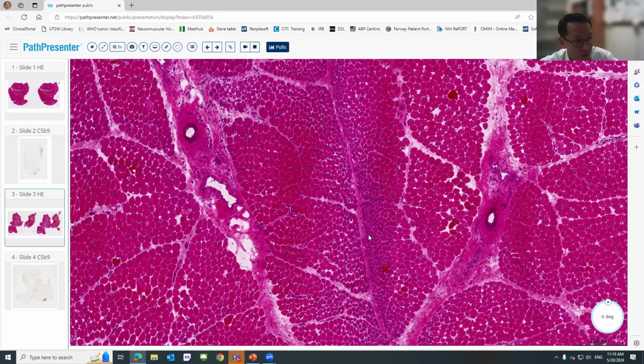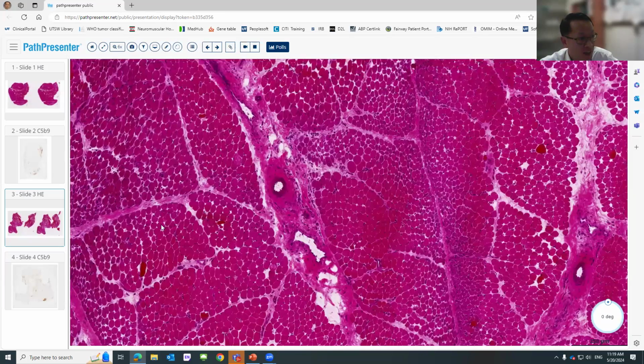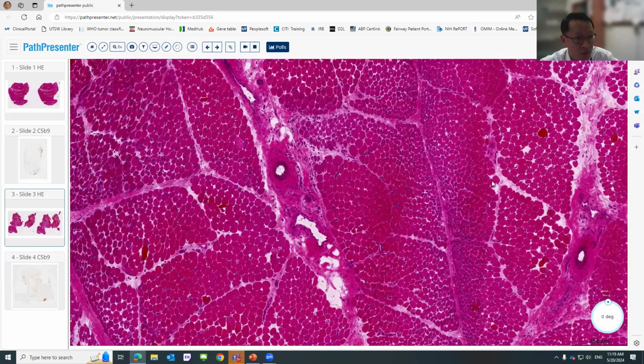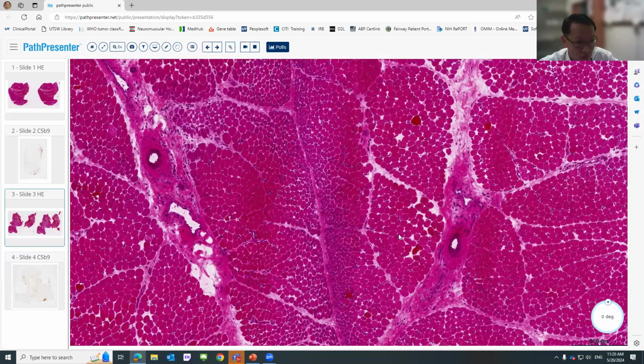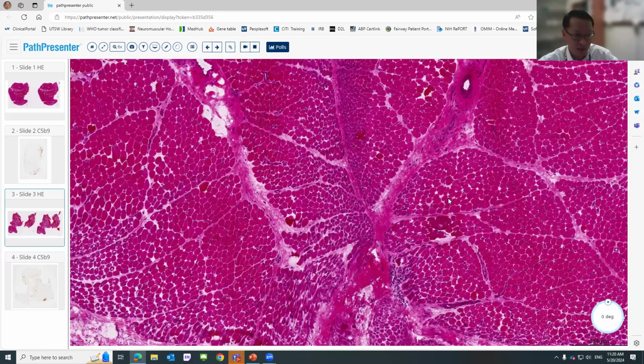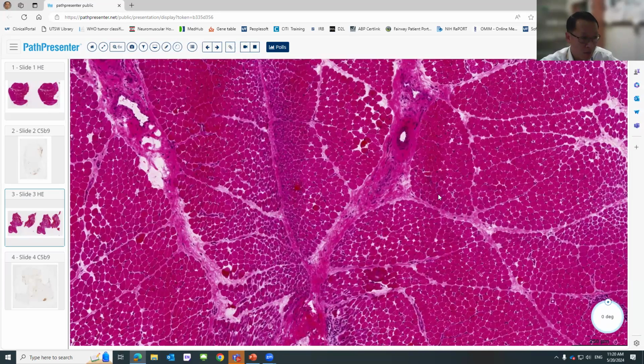So here you can see whenever you see it, it's flanking a region that doesn't have vessel. And when you have blood vessel, you will not see perivascular atrophy. So this is actually a pretty useful feature that has been very rarely talked about.